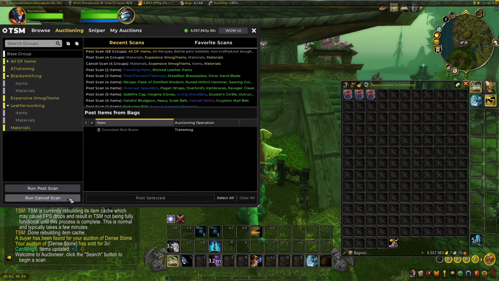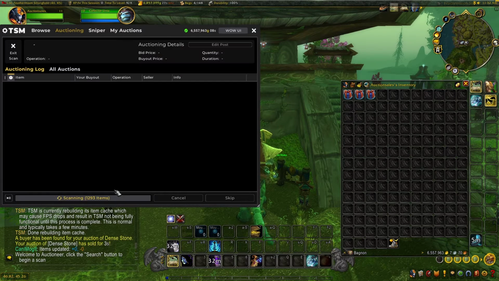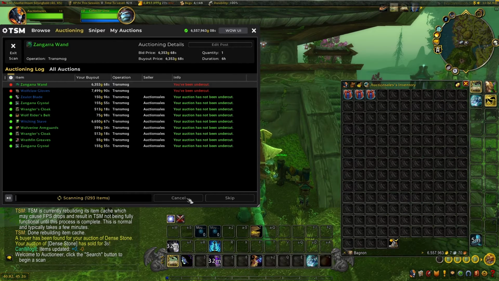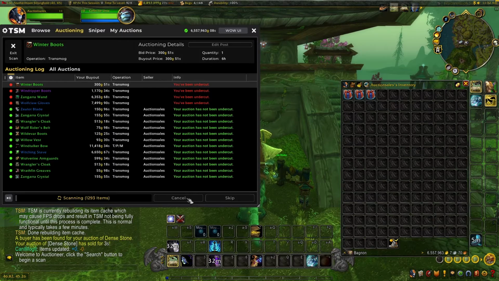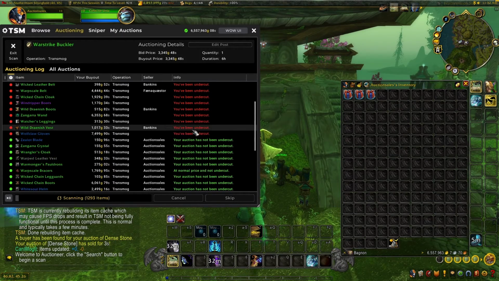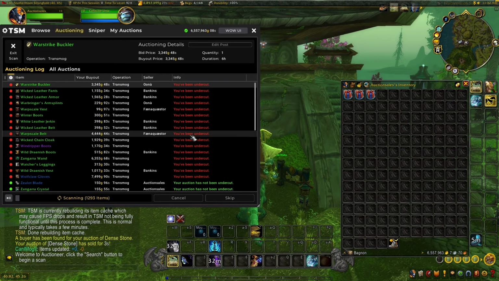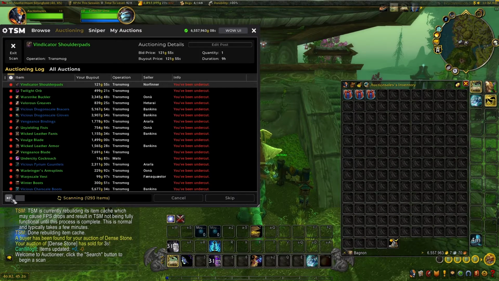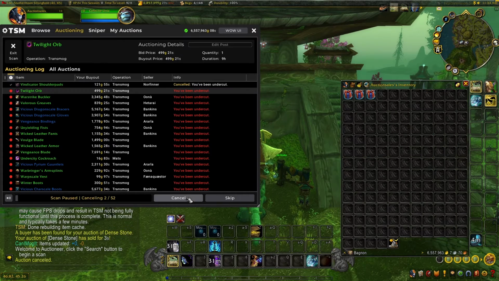Now, if you don't know what a cancel scan is, basically you just select the groups that you want to check for undercuts and hit run cancel scan. Then it will run through everything here and see if you've been undercut. So as you can see, we are being undercut on quite a few items already. These auctions have been posted for about 6 hours, so it doesn't surprise me that we're undercut on quite a few of them. So whenever you're ready to start canceling, just go ahead and pause it,